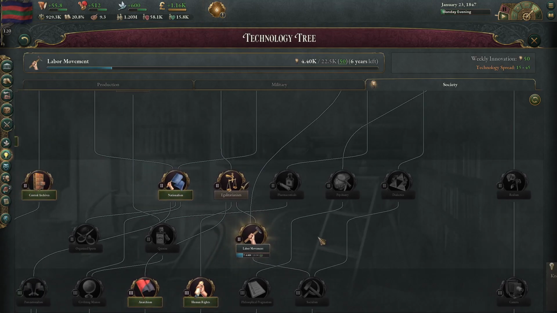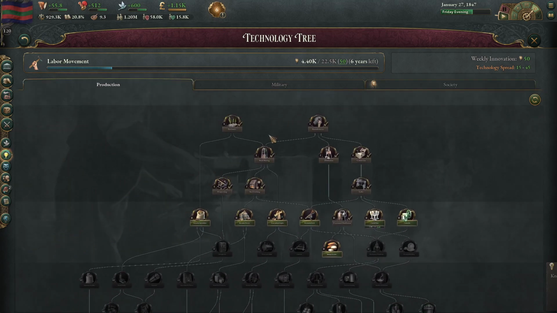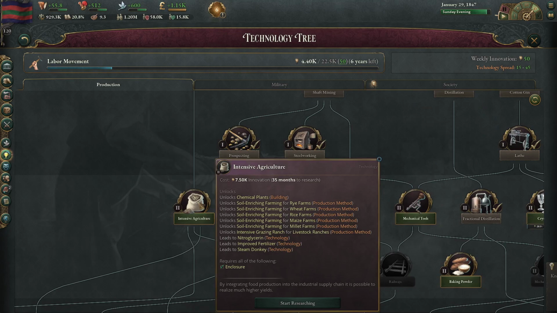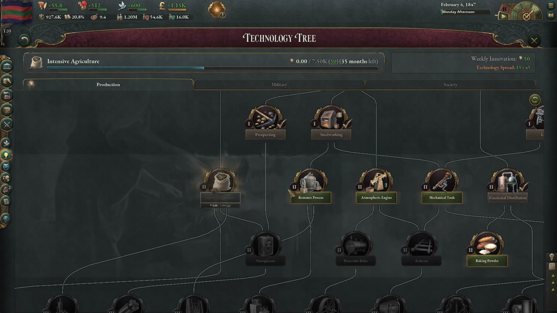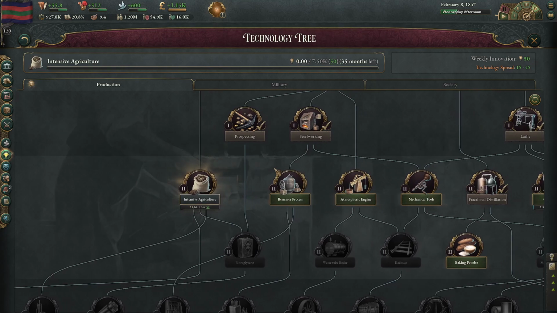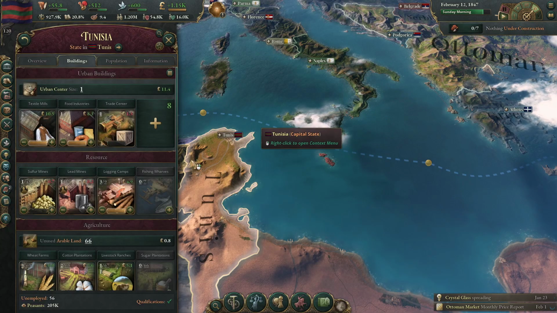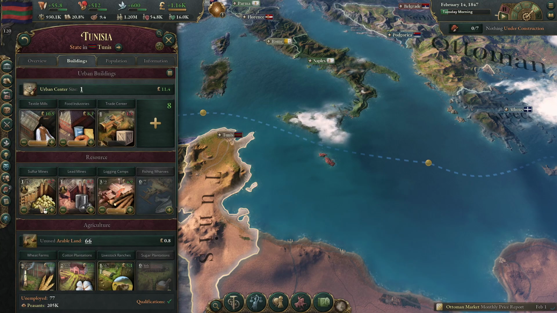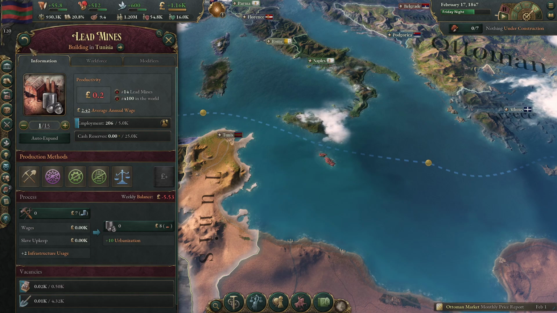And how are we doing on labor movement? I'm thinking maybe we move off labor movement. I would like to get that sulfur production up. Like, how long is labor movement going to take? 6 years versus this is going to take 35 months. Let's do that. So that we can actually start utilizing our sulfur and lead that we're producing, because we're kind of producing it for no reason. There's like nobody even employed here. We spent the money to make it